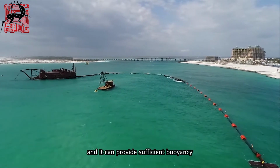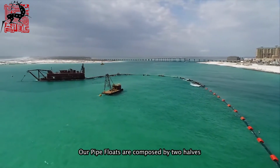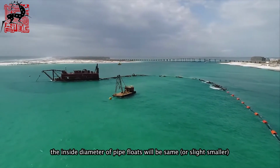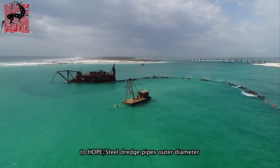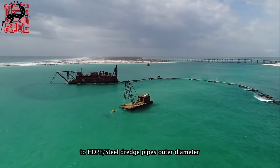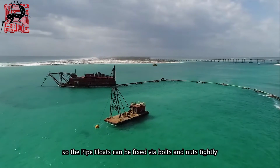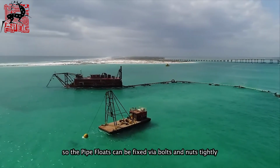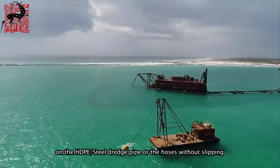Nanjing Deers Pipe Floats are designed for HDPE pipe or steel pipe, and can provide sufficient buoyancy. Our pipe floats are composed of two halves. The inside diameter of the pipe floats will be the same or slightly smaller than the HDPE or steel dredge pipe's outer diameter, so the pipe floats can be fixed tightly via bolts and nuts on the HDPE or steel dredge pipe,